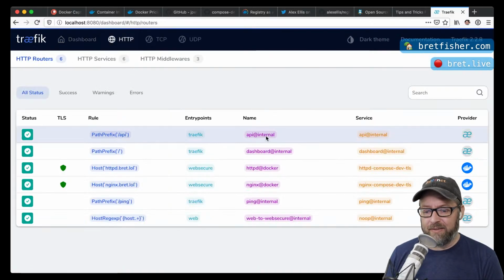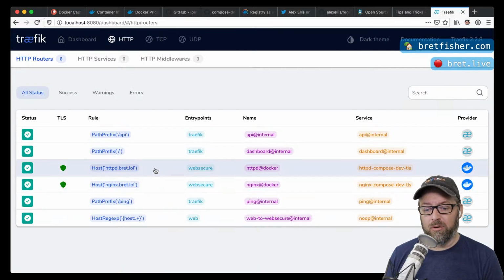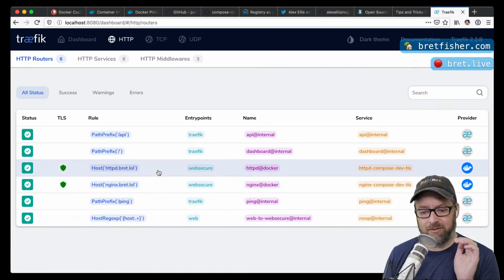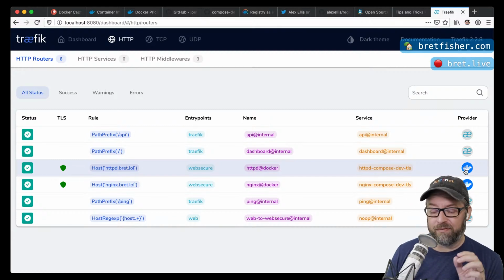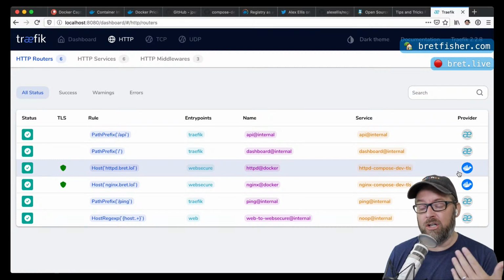I showed this off last week. And then you can see in here that I have these 2 new rules. These are routes showing for my secure TLS traffic endpoint. They're on the endpoint, and this is basically telling me that it's going to take this traffic for this host name using TLS, using the websecure endpoint, which is 443, using this particular service in Docker right here. This is actually the name of the container. And that little Docker symbol on the far right is telling me it's getting that from the Docker API. It knows about this because the Docker API is telling it about the labels.